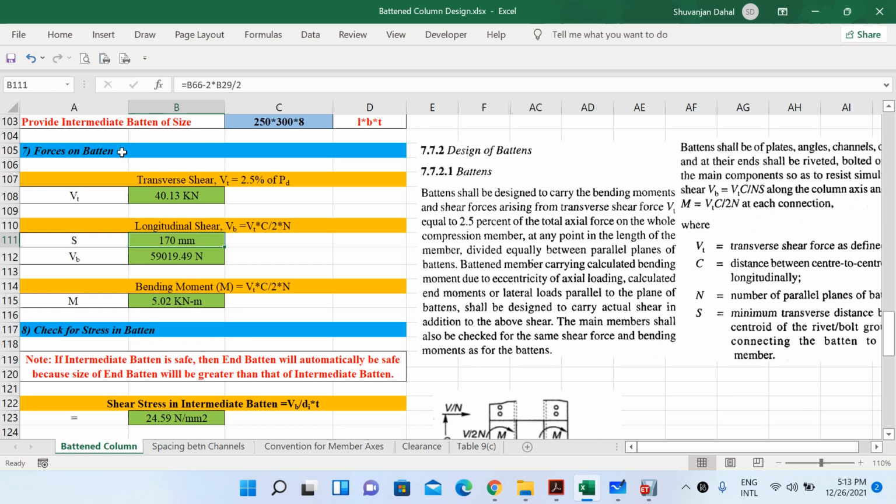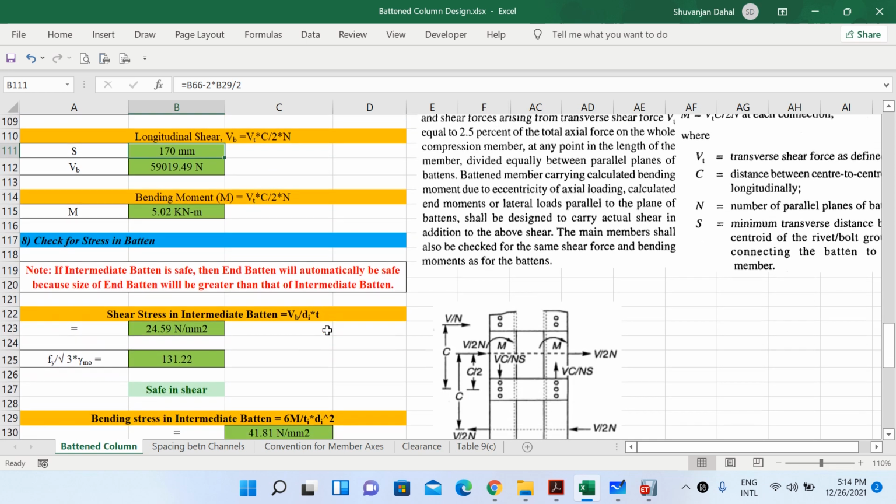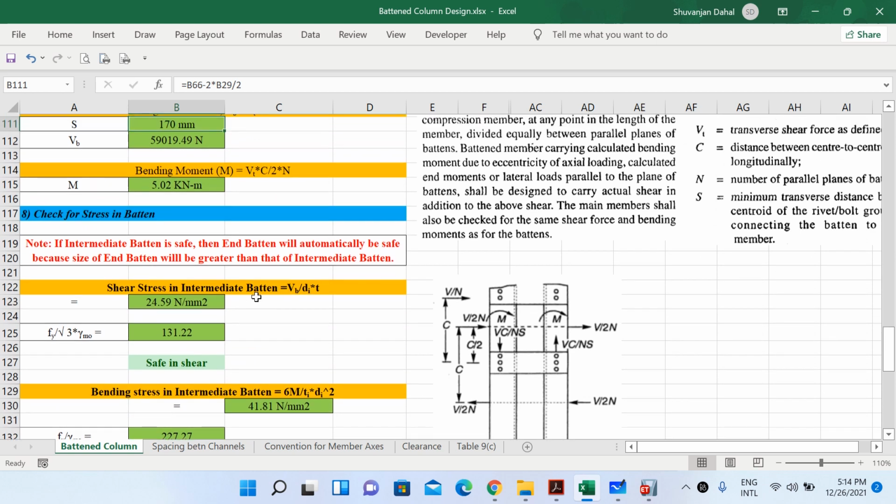Now we have the forces on our battens. Now we have to check its strength. And the thing that I talked about before is written here. If the intermediate batten is safe, then the end batten will automatically be safe because the size of the end batten will be greater than that of the intermediate batten. So for this check again,